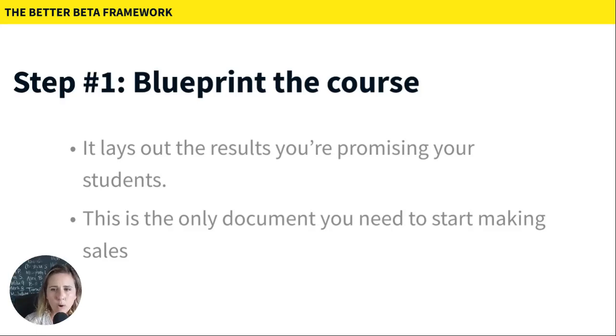So it's important. The reason why the blueprint is really important is it lays out the results you're promising, like I already said, but it also prevents you from putting too much stuff in the course. That's key. And everyone talks about this. One of the biggest problems in course creation is, how do I know if I've put too much content in? Well, these promises, these storybook endings will actually show that exactly. And using it as a sales page is awesome because you get to remain flexible. When you make a sales page, first of all, it takes a ton of time. But when you use the syllabus, the students know that they're signing a contract with you and there's things you're going to cover, but that it's likely to change.